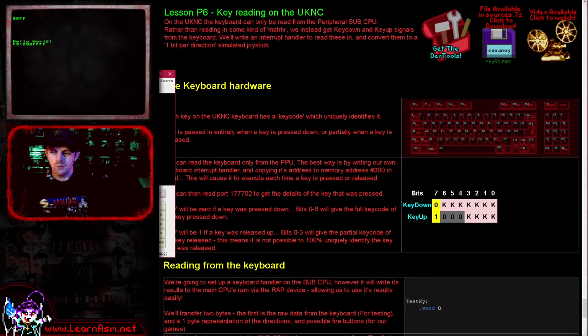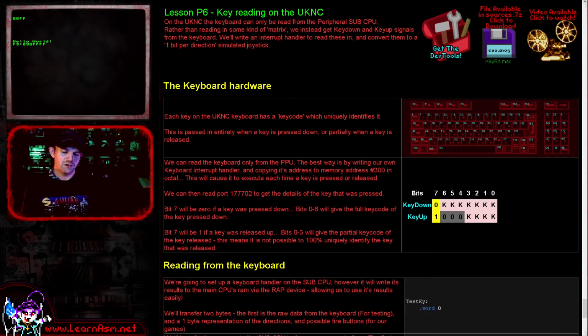I had to use Google Docs and Google Translate and translate Russian documentation to get this. So this is the best I understand of it, that there is no way of uniquely identifying the key, and that what we've got here is the best that is feasible, I think. Now, what we're not going to discuss today, though, is how to transfer programs to the sub